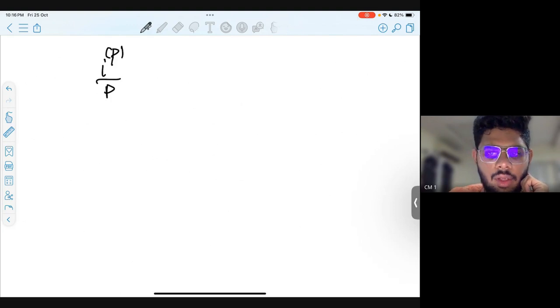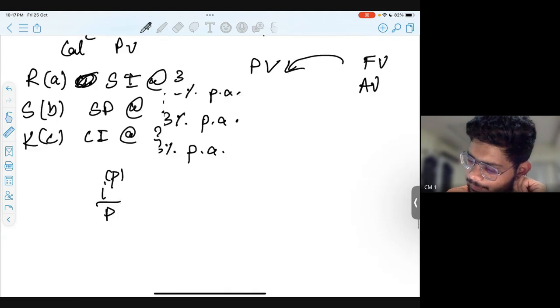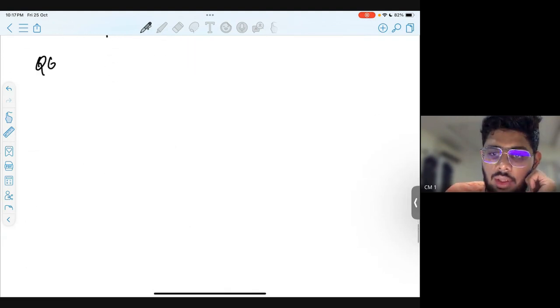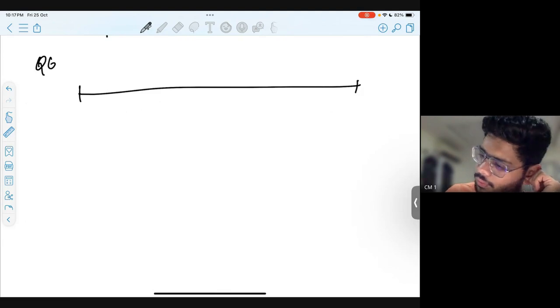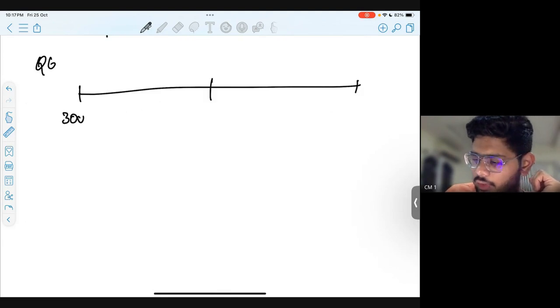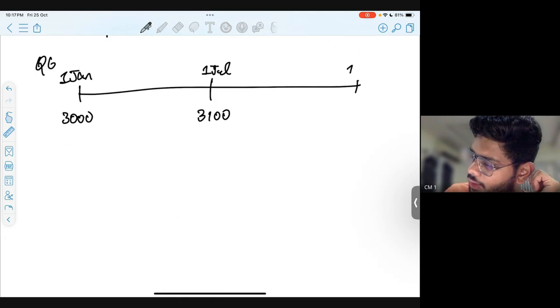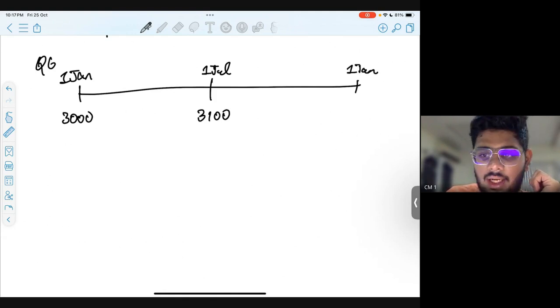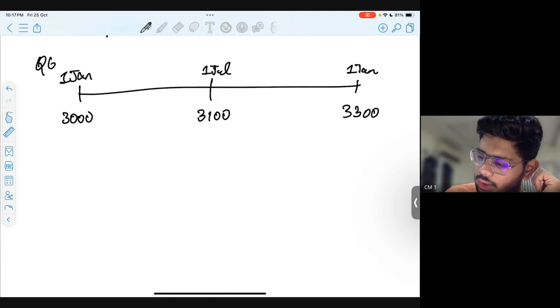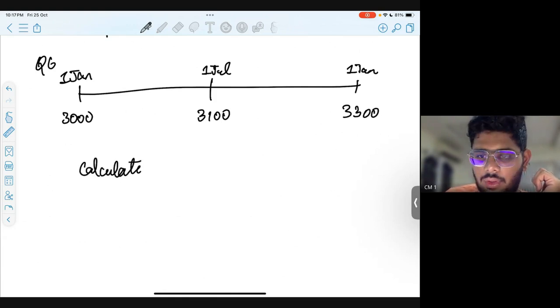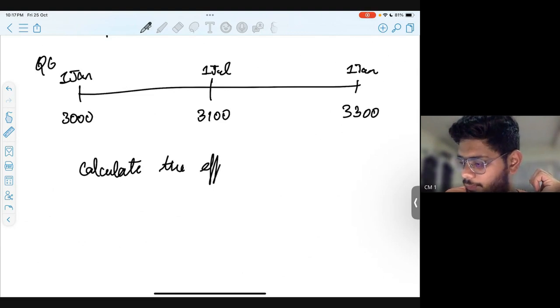ठीक है। एक तो थोड़ा सिंपल क्वेश्चन ही लेते हैं। This is question 6, right? I have 3000 on 1st Jan. I have 3100 on 1st July, and again on the next 1st Jan I have 3300. Calculate the effective